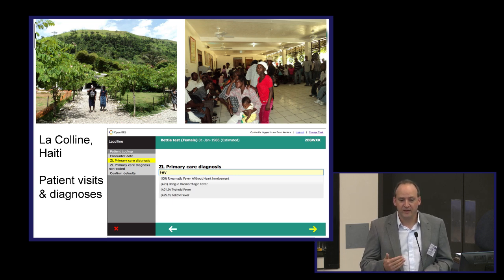So every patient that comes, they get a barcoded ID card printed out from the system. They are registered. If they have health insurance, that's recorded. And then we can record the diagnosis. And this just shows a coded diagnosis recording tool. And so what this is doing is creating a very thin layer of information about everybody who comes in and providing them with a secure ID. And that ID, in some countries, will, of course, be a national ID. In Haiti, it's not quite ready yet for that. But it means that we can then see these patients coming back and build a foundation that allows us then to hook on other information.